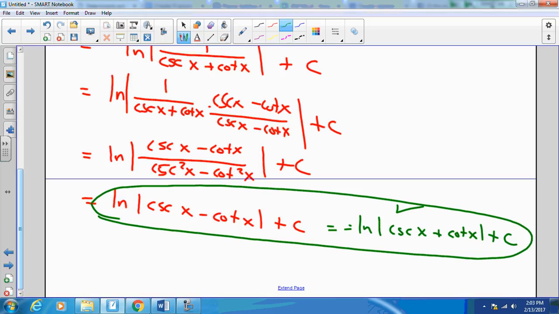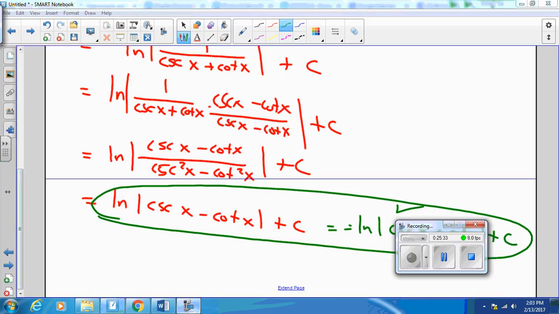Okay, how are we doing? Tonight's homework will have you practicing this, and then we'll do some